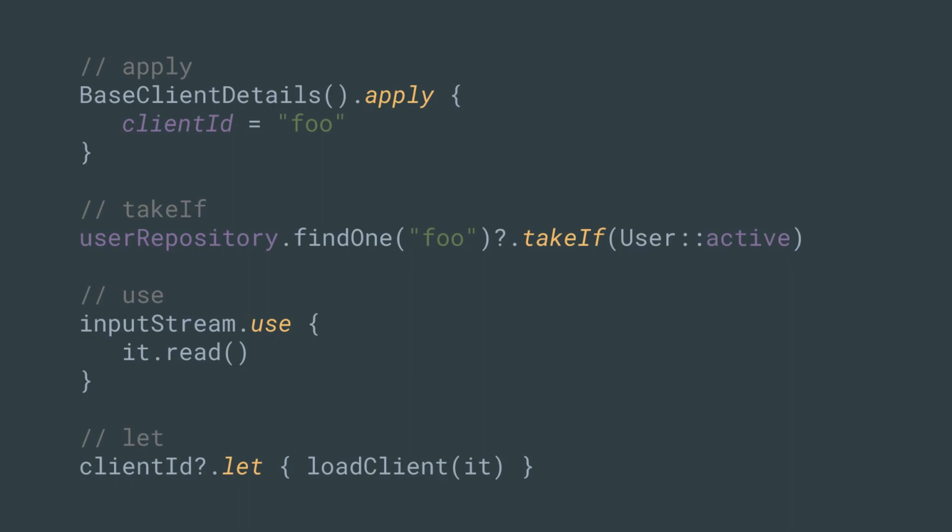And then you have let, which is basically the map function you have in the usual more functional languages. This is called let and not map, because they do implement the map method directly on the collections, also as an extension function, and that would clash between the two declarations. And since all these extension functions from the standard library are imported automatically, they had to make this change to ensure there would be no clash.